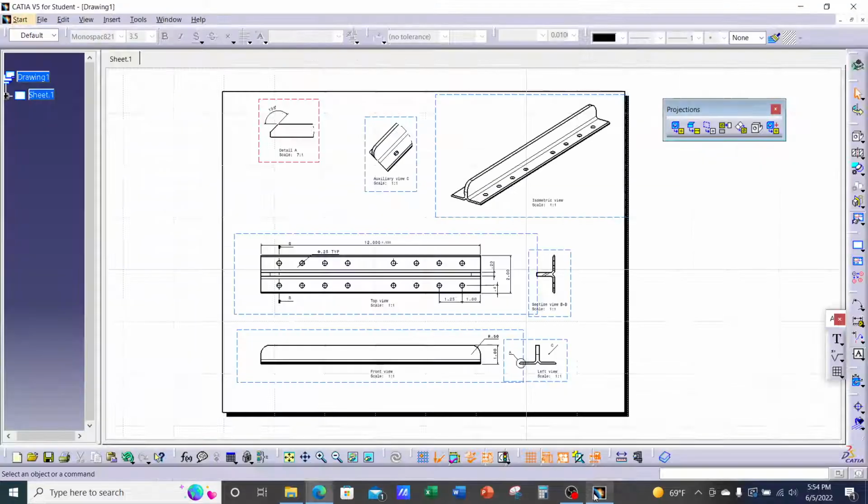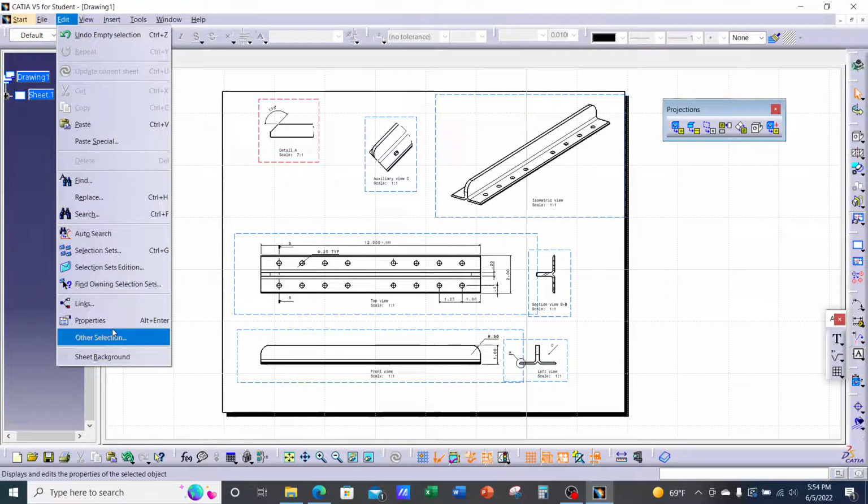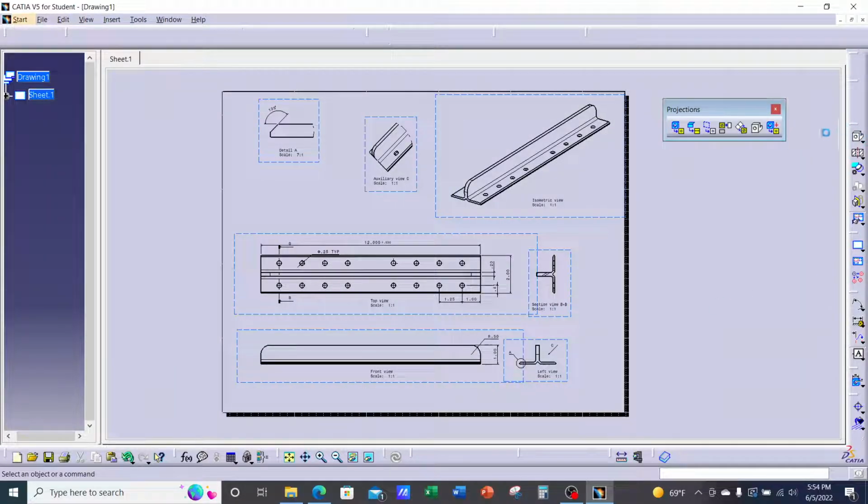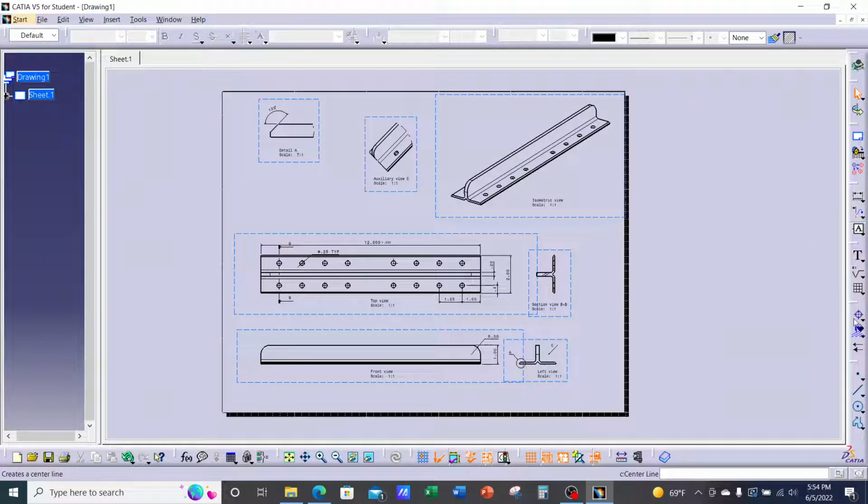So let's go ahead and go to CATIA, go to Edit, Sheet Background, and keep an eye on the icons on the right. In 3, 2, 1, Sheet Background, and notice how the icons change. We still have text, we still have center mark, but now you have frame and title block. So if I click on it,